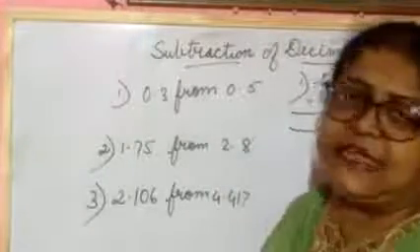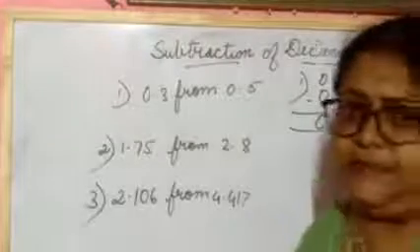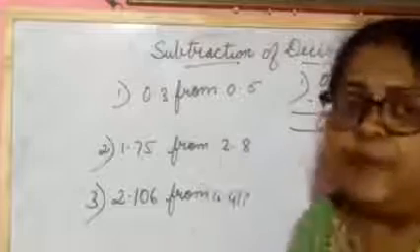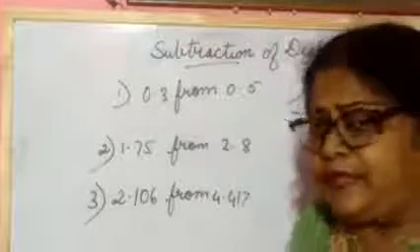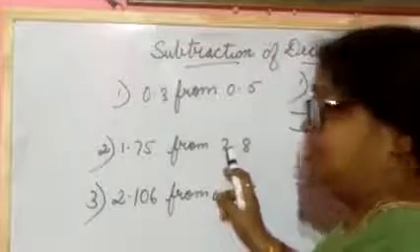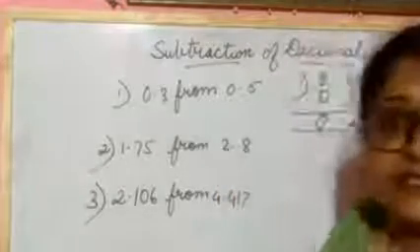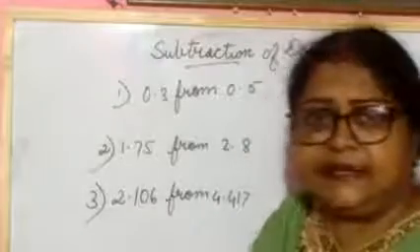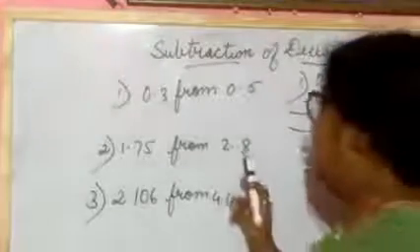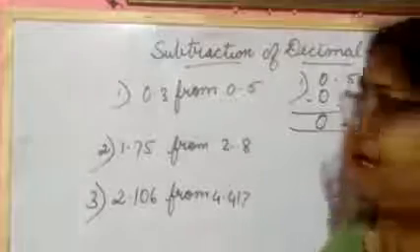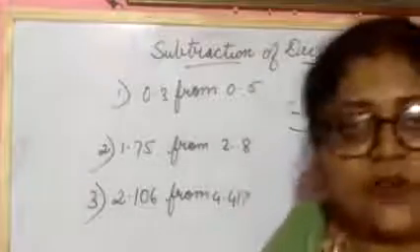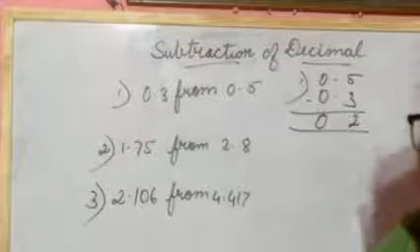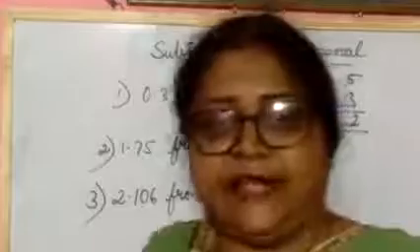And here you are seeing that it is given 2.8. 2 is in which place? 2 is in the whole place, and in the decimal part what is given there? 8. Now you see that 8 is in the tenths place. In the hundredths place, the number is not there, so you will consider that 0. Now you have to arrange and subtract.